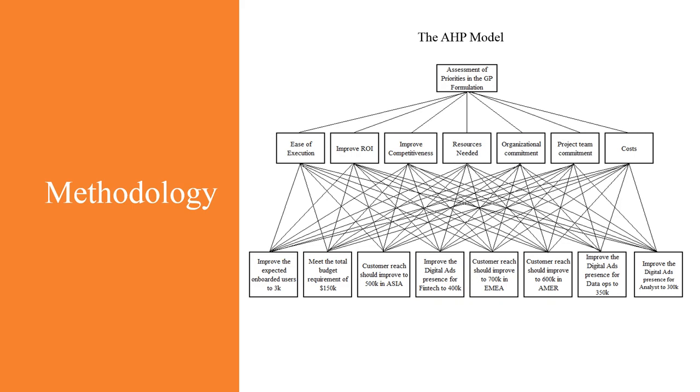Now for the AHP, you can see the AHP model here, where the main goal is to identify the priority levels of each alternative, serving as the goals for the later formulation of the goal programming. These were assessed using the criteria identified by none other than the decision makers from the firm themselves, creating a highly objective assessment of the priority weights of the goals.